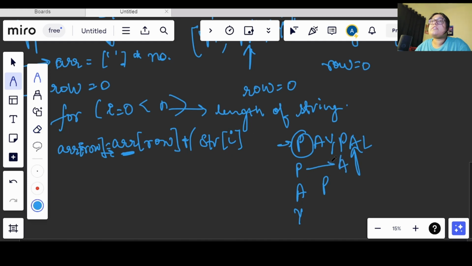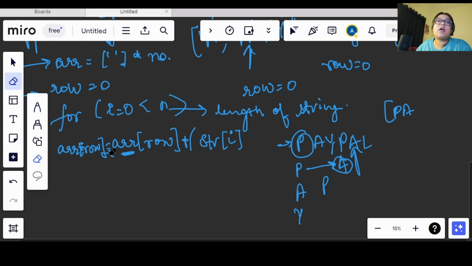So this A needs to be inserted at this index, on the 0th index. If I am not concatenating the previous value, then the previous value P will be overwritten by A, right? So in order to avoid that, I am concatenating the value. So done.